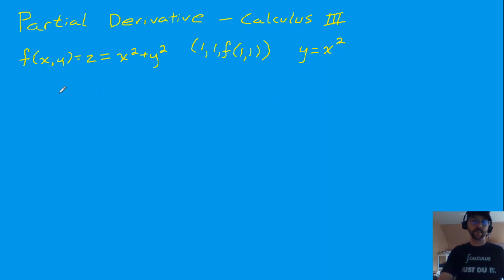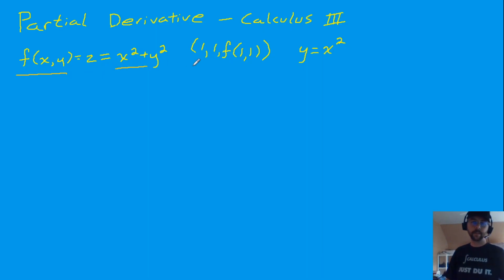Hello, this is going to be a quick video explaining partial derivatives. I'm just going to go over the partial derivative with respect to x. Basically the same stuff applies if you do it with respect to y. And so let's start. We have this equation here, f of x, y equals x squared plus y squared, and